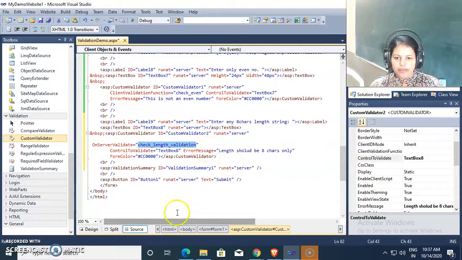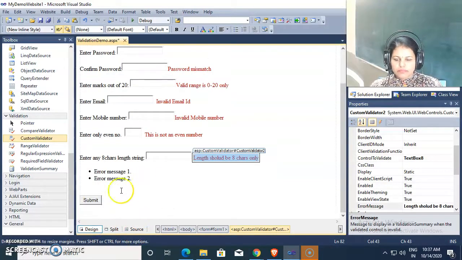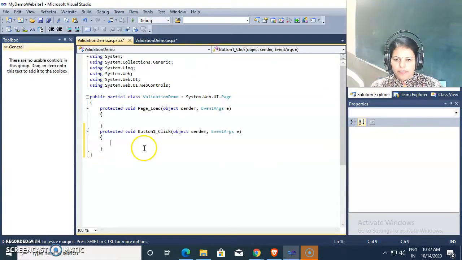So I'm copying it here, and after that I'm going towards the C# coding.